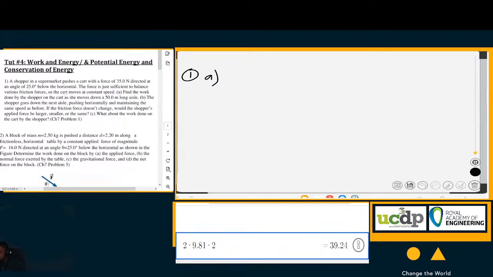The work done on by the shopper is then, we know that work is equal to force times distance. So the work done by the shopper, WS, is equal to the horizontal force. In this case, it's force times the cosine of theta times the distance